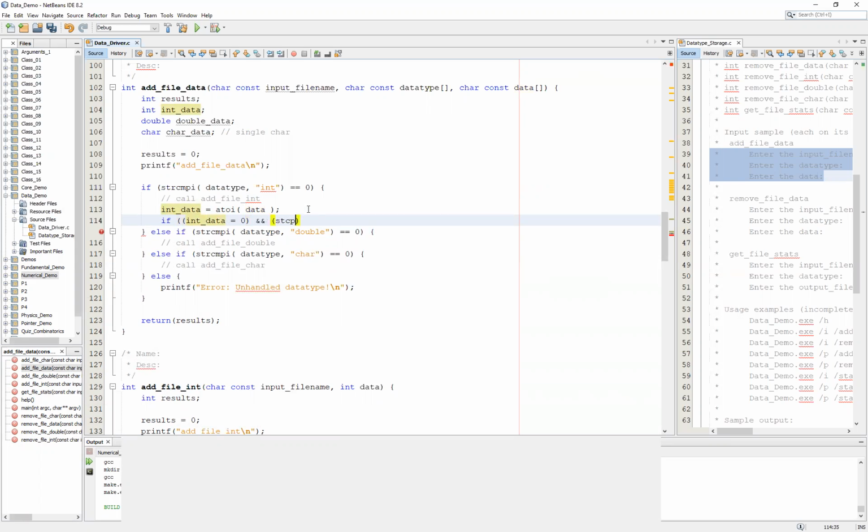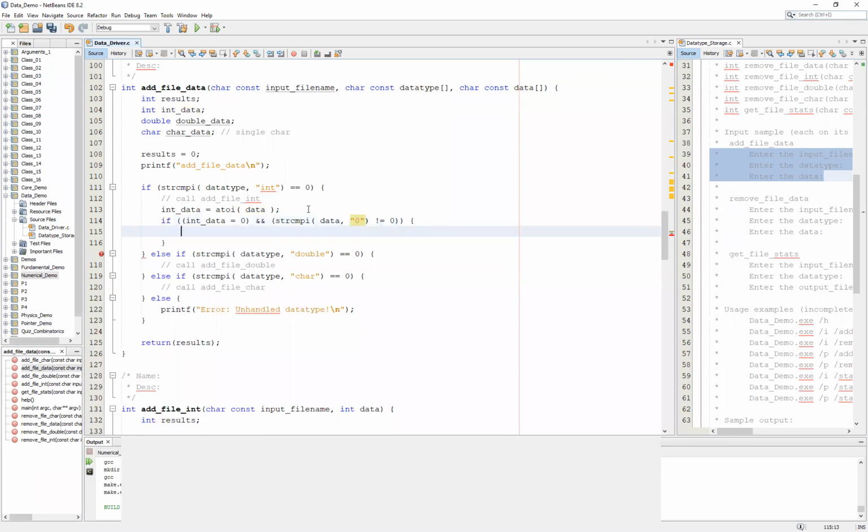And the way we do this is we use our string compare I function one more time. And in this case, we're going to compare the data to literally the string 0. In other words, do they match? And the only time we want to proceed is if this is not equal to 0. If you recall, the string compare I function returns 0 when there's a match. So if there's not a match between the two, then we're assuming that the data did in fact end